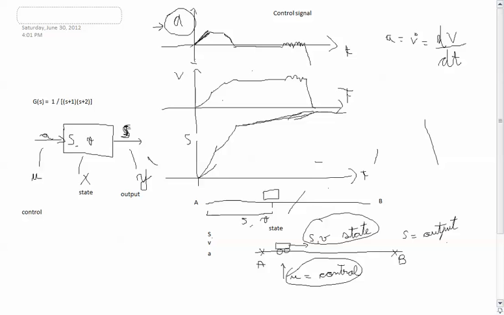U is the control steering, the acceleration. We put more gas or less gas. And S, the space, reaching the final destination. This is the output that we are interested in. And we also drew this diagram that with the control signal we hit the state and we get